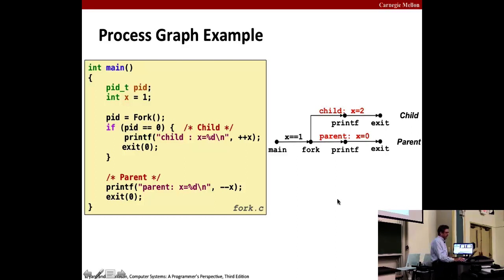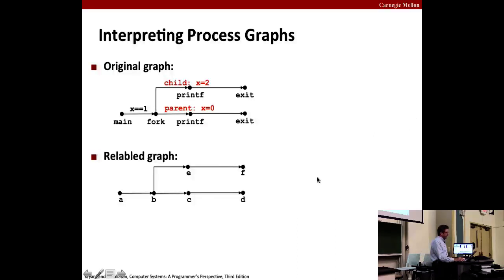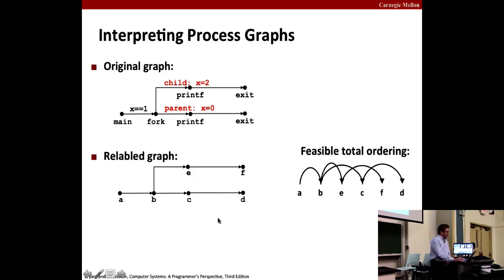If we relabel these edges with just single letters, then this total ordering, A, B, E, C, F, D, is a topological sort and thus a feasible total ordering.